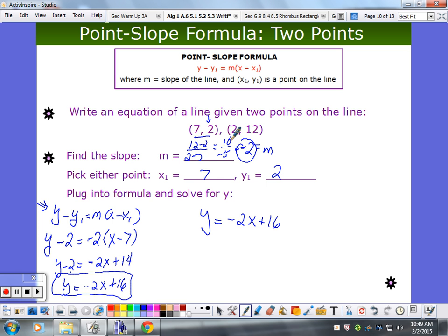Let's try this point. What's -2 times 2? I'm plugging it in right there. I'm putting a 2 in. So that's -4 plus